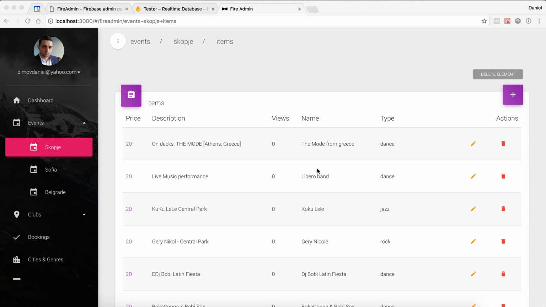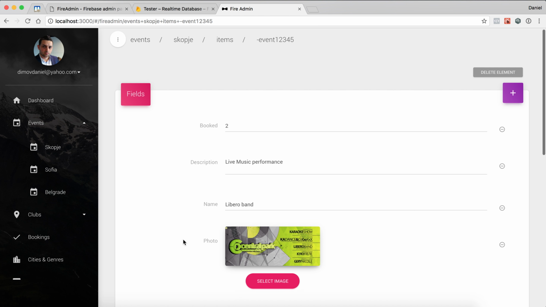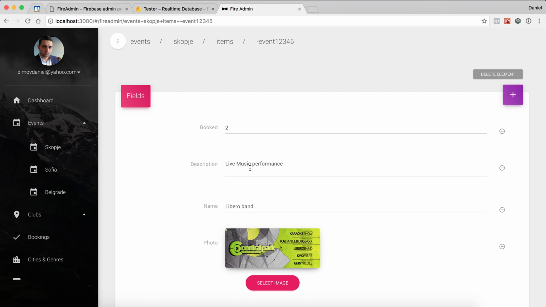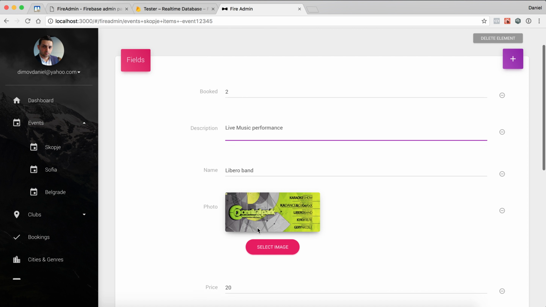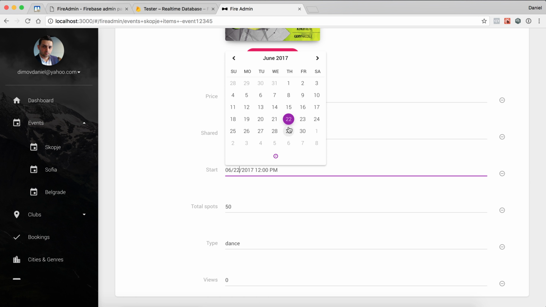Next step will be to manage our data, and this is one of the most important things that this FireAdmin offers. So when I click on an element, I can click on the first item as a link or click on the pencil button. I'm seeing a detailed view of my event or my item. And here I see different fields. This is a regular text field, this is a text area. As you can see, this is an image. This is a date and time field,